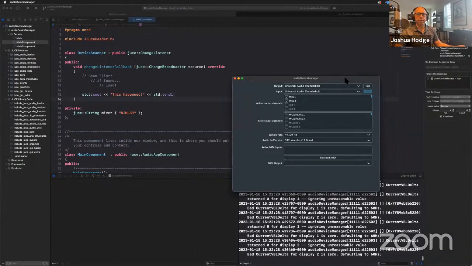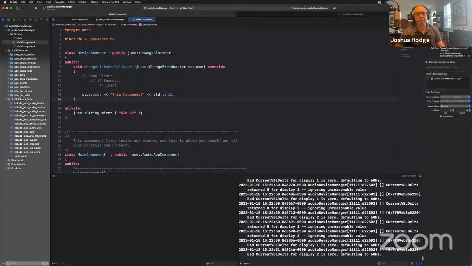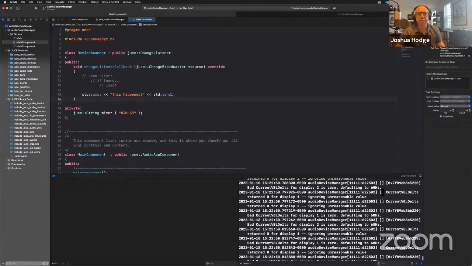Theoretically, when I plug this in, we should see something that says this happened in the console. So here we go. Hold on, it's because it's sending strings every